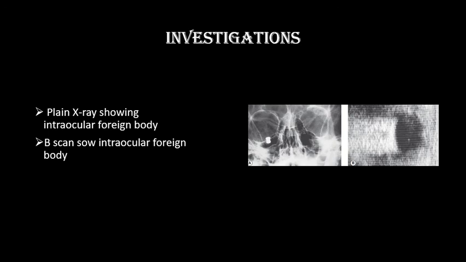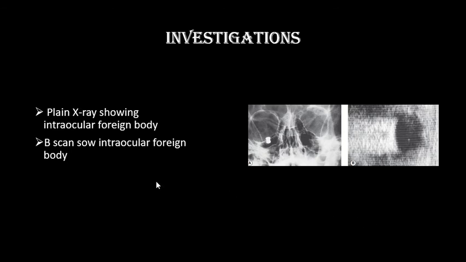When the patient comes to you with a history of trauma, we need to take a short history, and we are not going to examine the patient for very long in the clinic. We go for the investigations, because if you suspect there is globe trauma, there could be a globe rupture also. So we do not do much manipulation. We have to examine the patient under anesthesia, so we just go for the relevant investigations.